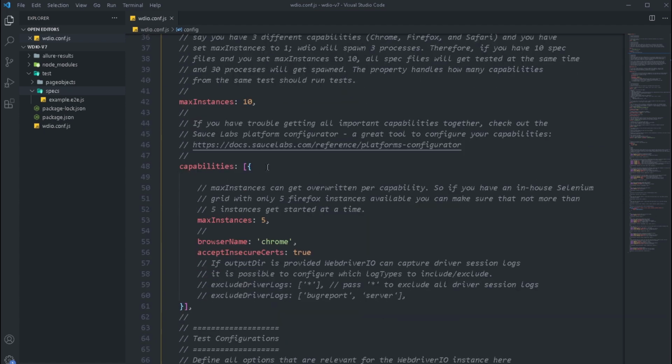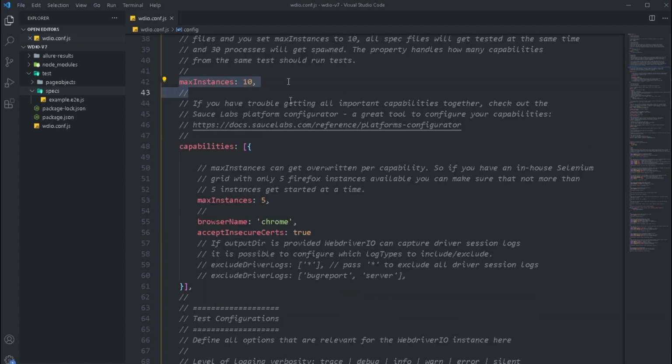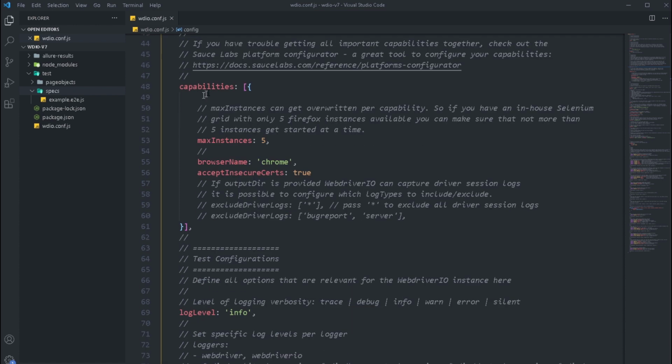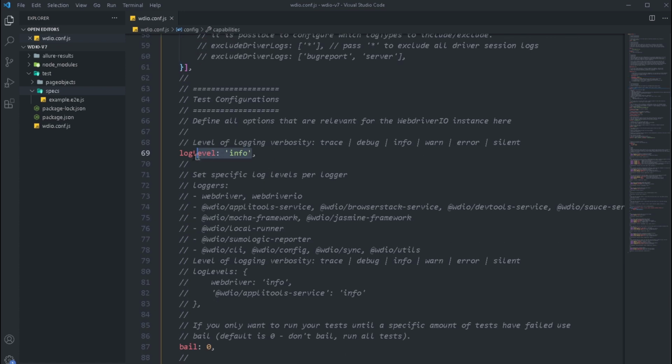And if I move further down, we have something called max instances, and we will look into this shortly. Basically, this allows you to do parallel testing. And in the capabilities, we are actually telling what we are running. So I have the browser name Chrome, so that I'm running this in the Chrome browser. So that's the only thing I need to tell it, that, okay, just run this in Chrome browser, and it will start running a test in the Chrome browser. Then from there, we have the options of log level. We can change the amount of log we want to see.